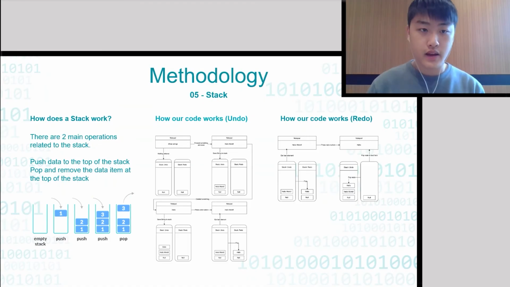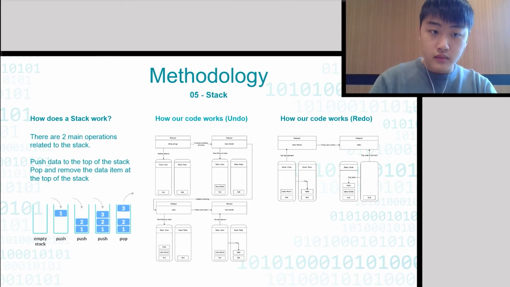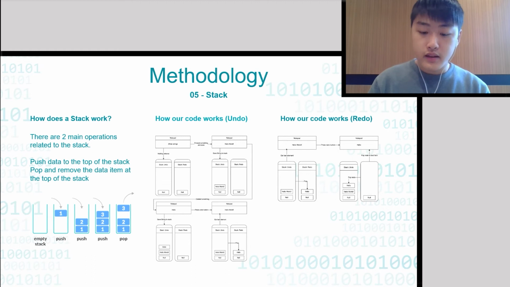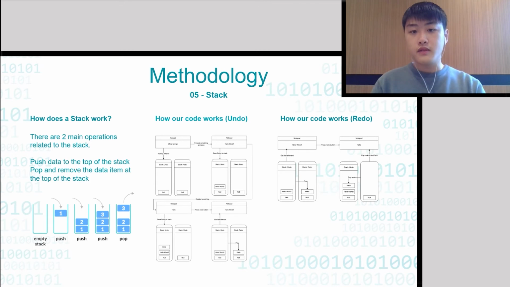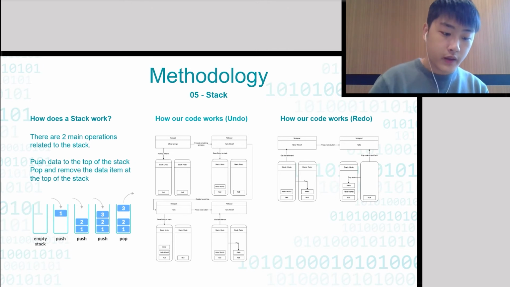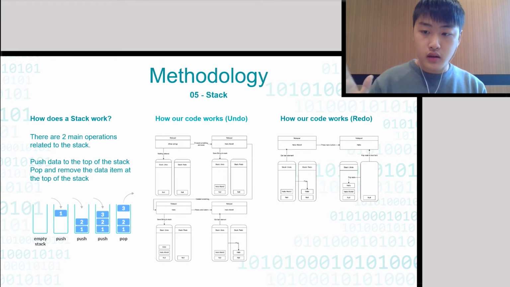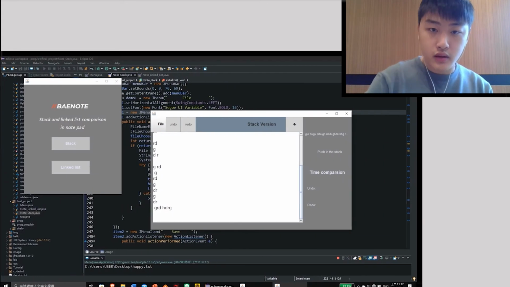So next is the stack, and how does the stack work? There are two main operations we use, undo and redo. So first, when you type in strings and you press the space button, it will push the text into the stack, and when we want to undo, you need to pop the text in the stack. I can show you